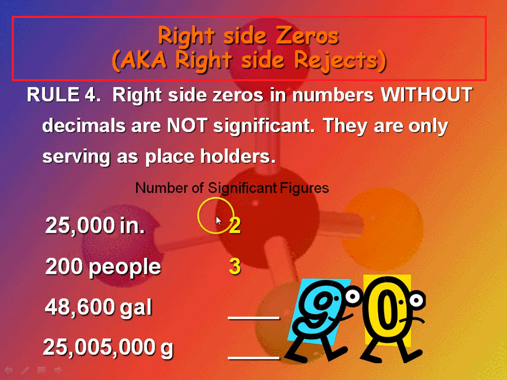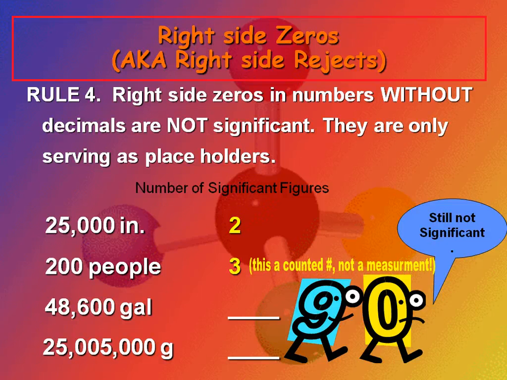Now this one is a little tricky. We'll get there in a minute. So 25,000, only the 2 and the 5 are significant. 200 people. Now why does that one say 3? It seems to be following this rule, so it seems like it would only be 1. Well, 200 people is not a measurement. It is a counted number, so all 3 of those are significant figures because that is a counted number,